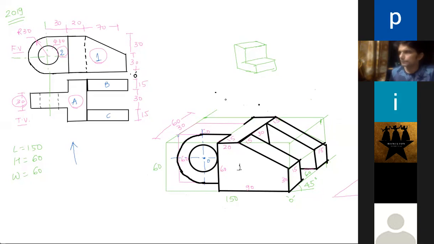Can you go ahead? Yes. What's the radius of the smaller inner circle? The smaller inner circle is radius 15. They have given a diameter of 30. The smaller one, okay, sir. The smaller one is 15. The bigger one is 30. Okay. So now I will explain the next part.